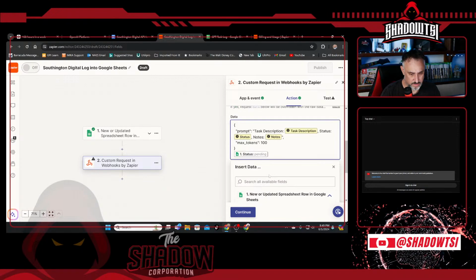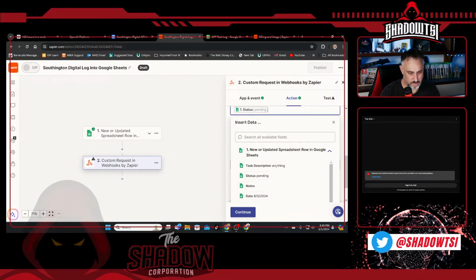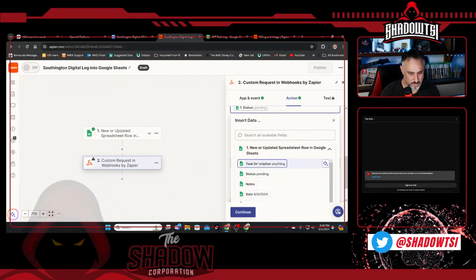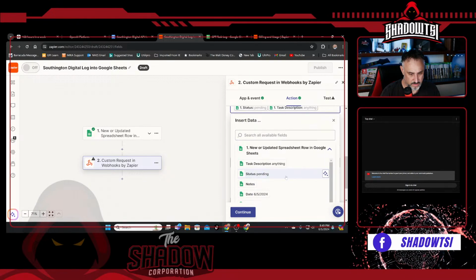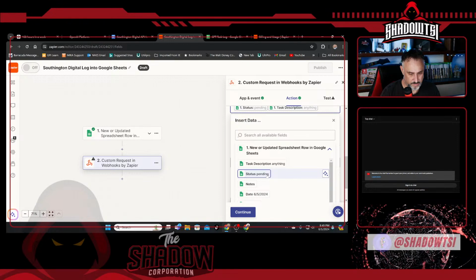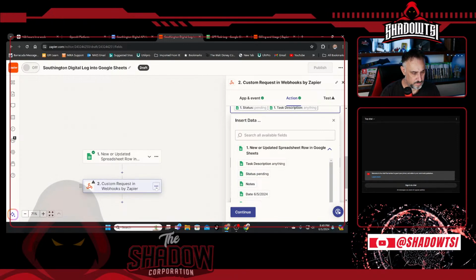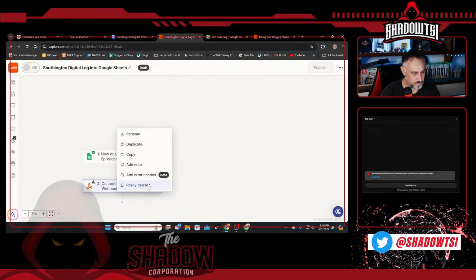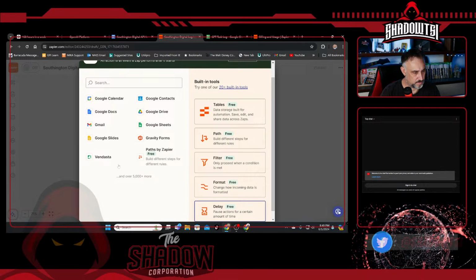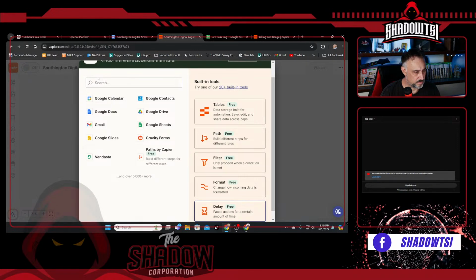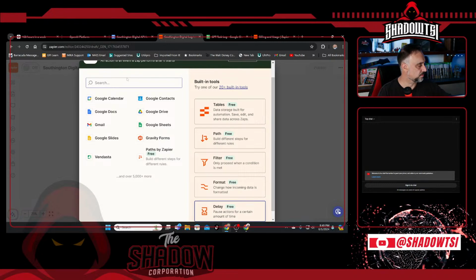I understand it can be a bit complex. Let's simplify this as much as possible. Alternative approach using Zapier's built-in actions. Instead of using webhooks, let's see if we can use another built-in Zapier action that might be easier to set up without dealing directly with JSON. 1, add an action. Click on Add a Step or the plus button to add an action to your Zap. 2, choose an app. In the search bar, type Formatter by Zapier and select it. 3, choose Action Event. Select Text and click Continue. 4,